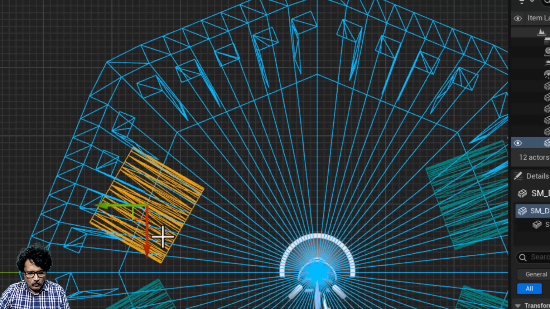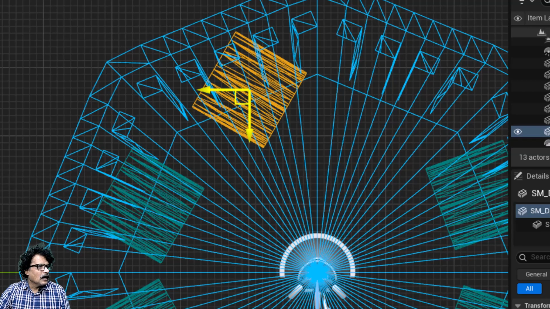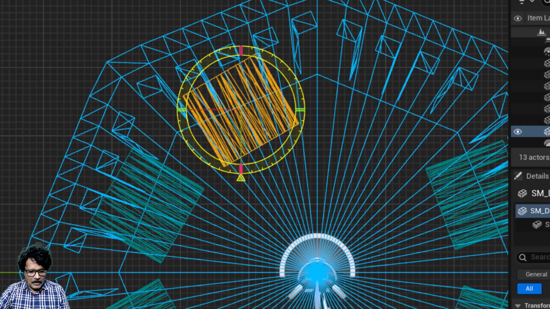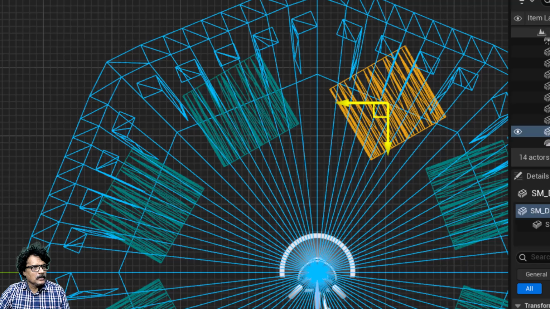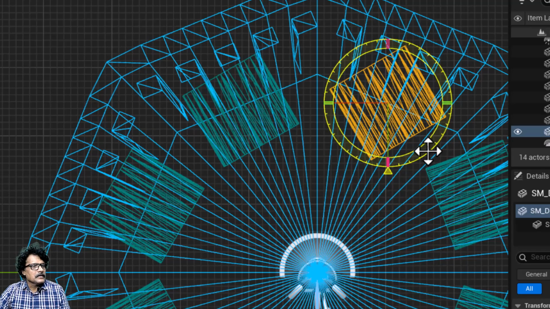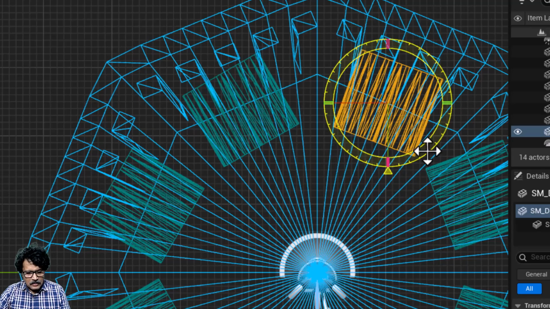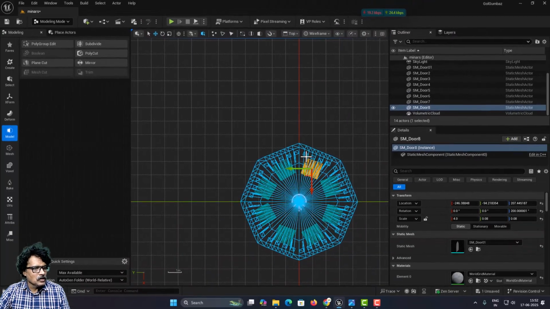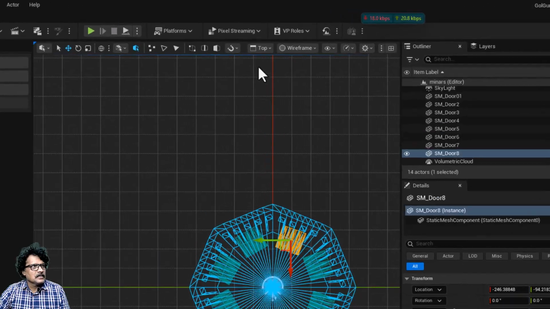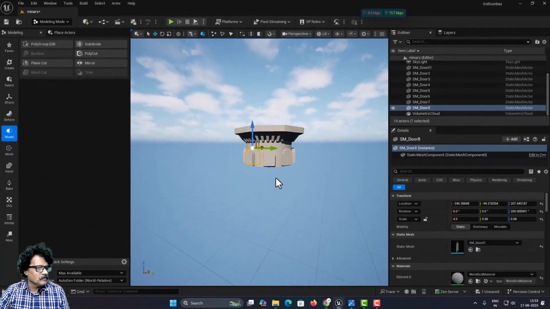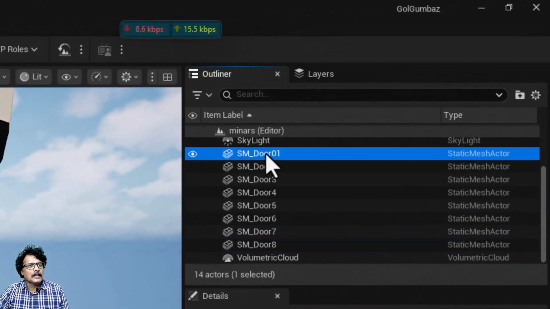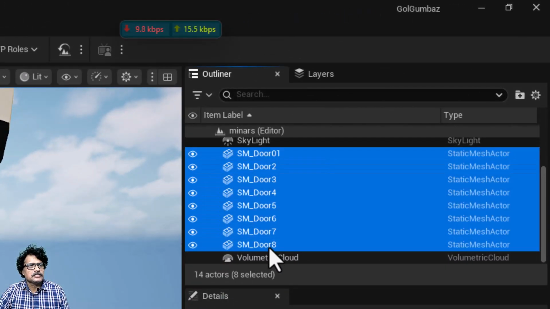Then similarly, now again press alt and drag it, press E and rotate it, and then again press W, then press alt and drag it to make a copy, press E and rotate it, press W and place it like this. So, I have placed this on all the 8 sides and I will just come into perspective view and check it. So, this appears to be fine. I will now select from this SM door 1 to SM door 8,